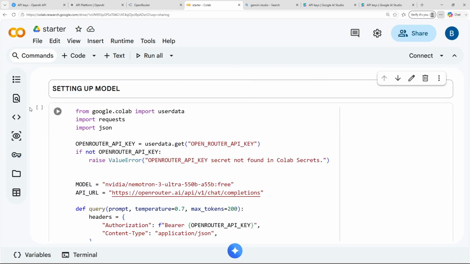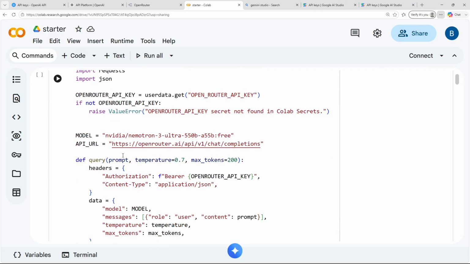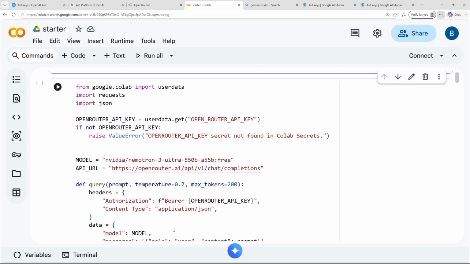Now using this key, I am going to talk to Open Router through the API key. From Open Router, I am going to connect to a model there. That part of the code is the first cell. I will go through step by step how to set up the model, and in this case I have used Open Router. For your case, it can be any of them like Gemini or OpenAI or Qwen or anything else. So if you check this file, the first three lines,